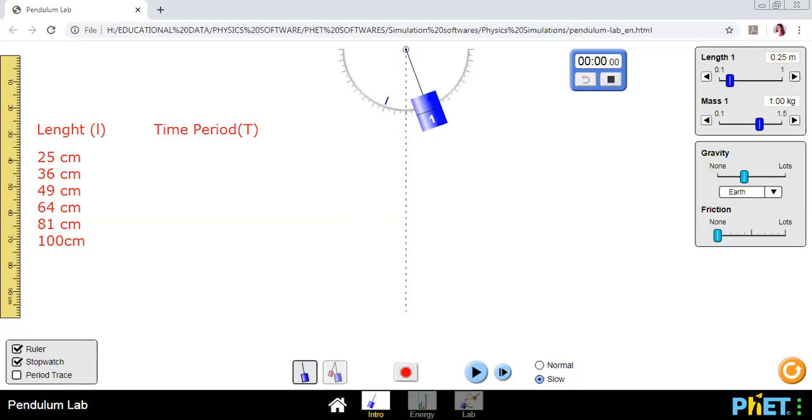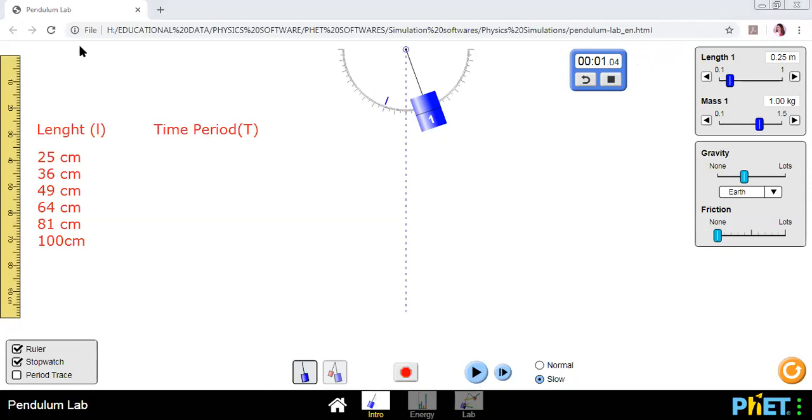I had started the timer and I will turn on the simulation. Let's find out the time. See, it's moving. The timer has started. It's moving to the other end, and then it will come and reach this end. See, how much is the time? So you will find the time taken to complete one oscillation is around 1 second. How much is the time taken? Yeah, 1.04. So we'll just take up to one decimal place only. We'll take the readings up to one decimal place.